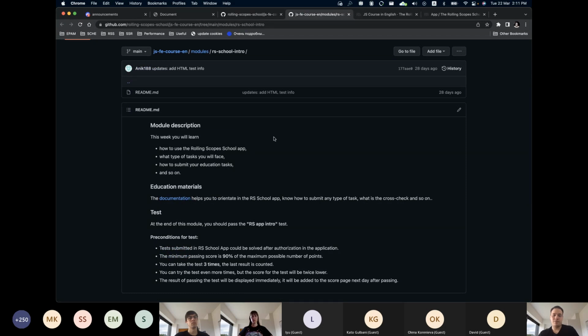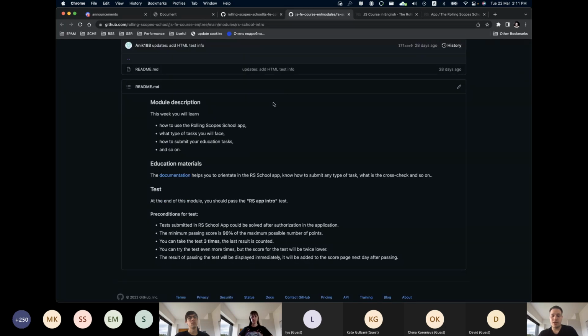It contains the necessary useful links to cover all the questions mentioned in the module. And if the module requires passing a test or completing a task, there will be an additional section that says that at the end of this module, you should pass the RS App Intro test. What does it mean?